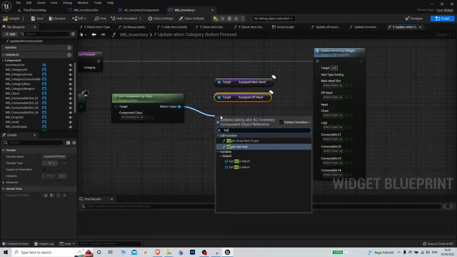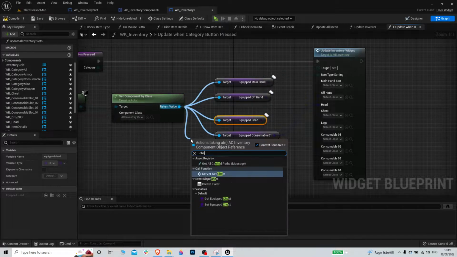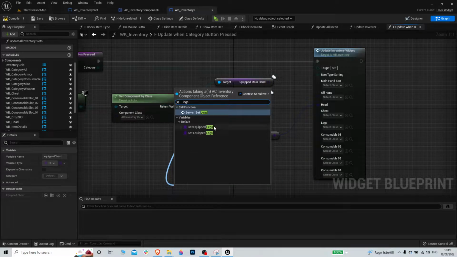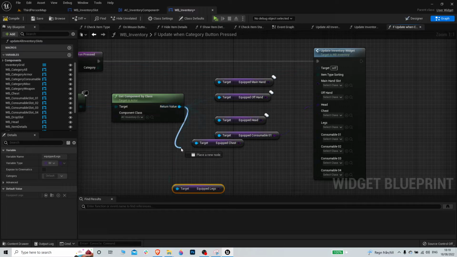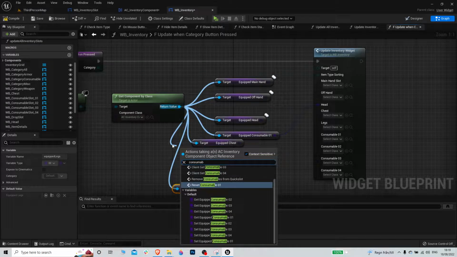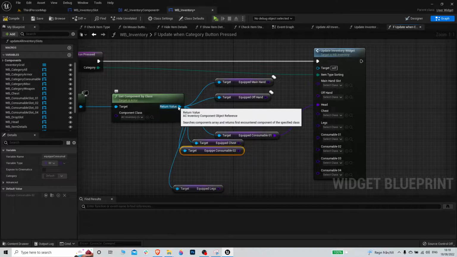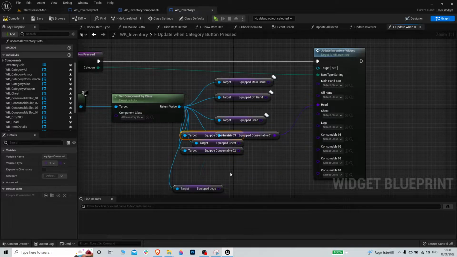helm, head, chest, legs, consumable. We already have the 1, 2, 3,